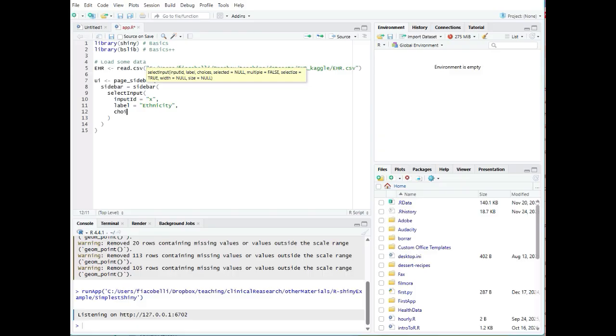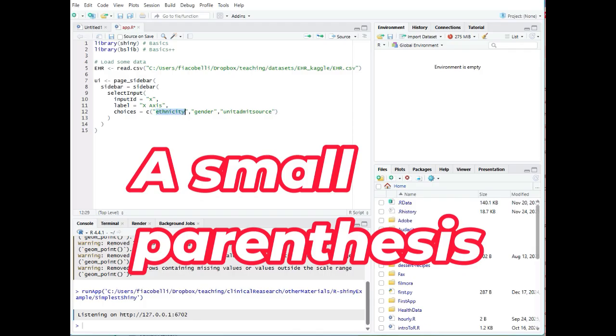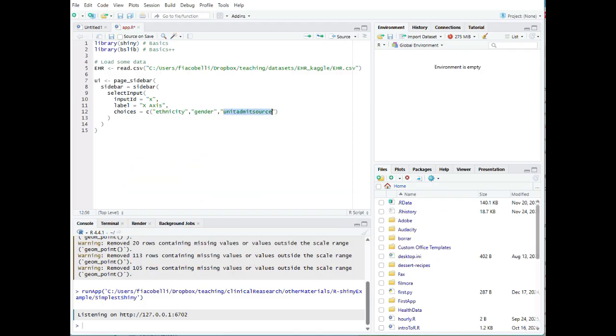Then the choices are going to be ethnicity, gender, and unit admit source. Okay, the label is not going to be ethnicity, I'm sorry, it's going to be x-axis. Okay, so what do I have now? What is this ethnicity, gender, and unit admit source? Well,